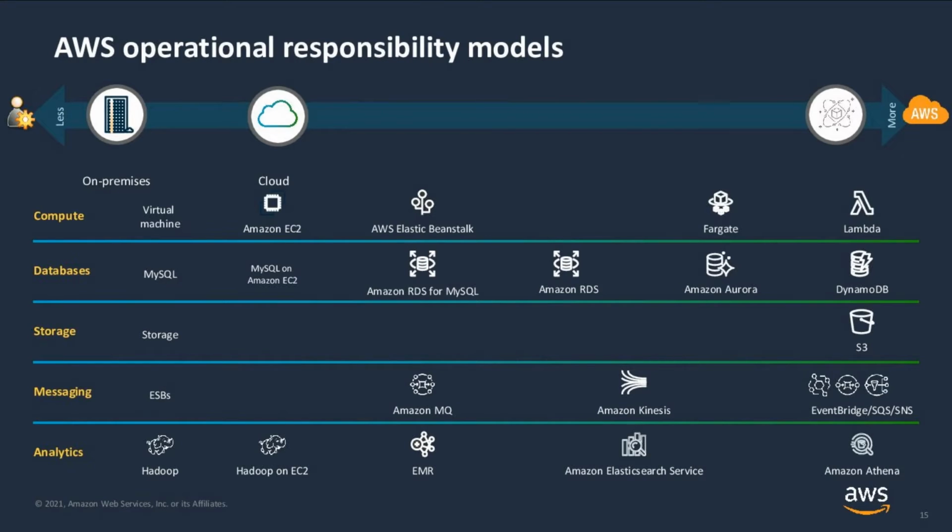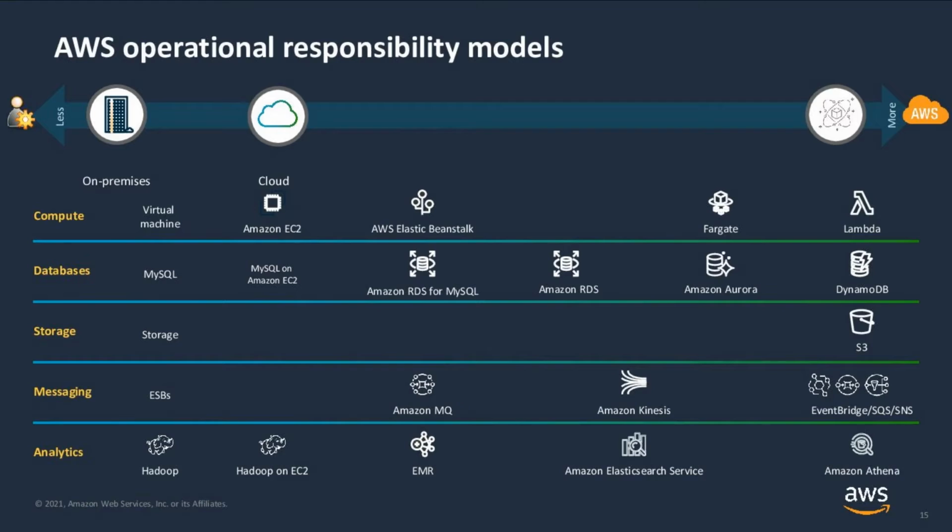In the middle, you see some of our managed services, such as Amazon RDS, which is managing the work involved in setting up a relational database. It takes care of provisioning the infrastructure capacity, performing backups, and patching the database software. In the messaging layer, Amazon MQ provides a managed message broker service that takes care of operating your message broker, including setup, monitoring, maintenance, and provisioning the underlying infrastructure for high availability and durability.